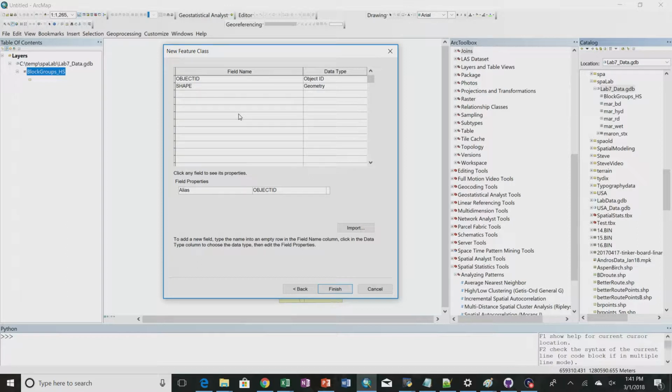We're just going to create one polygon, but if you wanted to put additional data in here, typically there's maybe one or two others that you would want. You don't want to put in a bunch of information. These two have to be there: the object ID and the shape. But if you wanted to add an additional